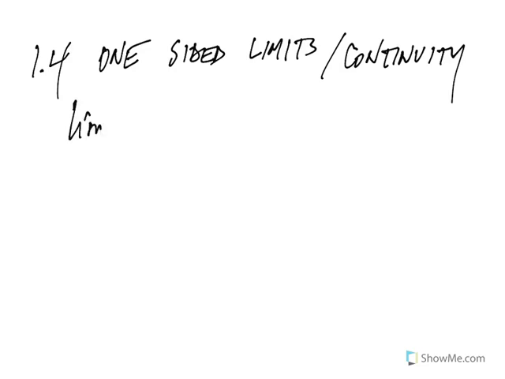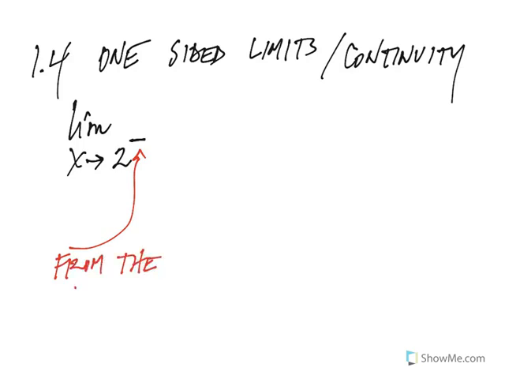So let's say I have something like this. Let's say the limit as x approaches 2. And you'll know it's a one-sided limit. You've got a little sign, it's kind of up in the air there. And that negative means from the negative side or the left side. So we're going to be thinking about numbers like 1.99,